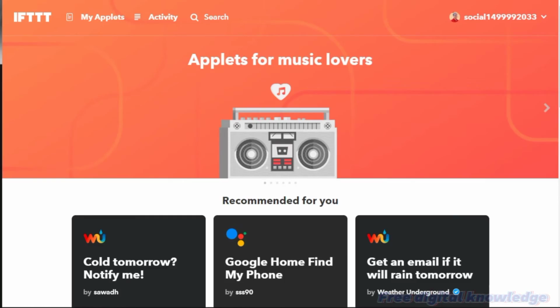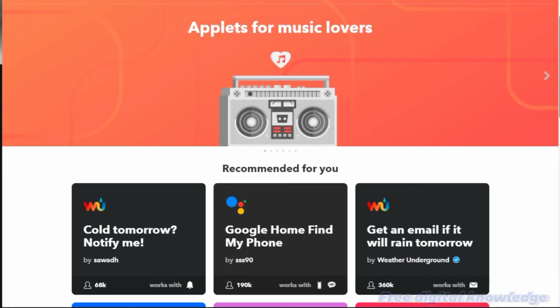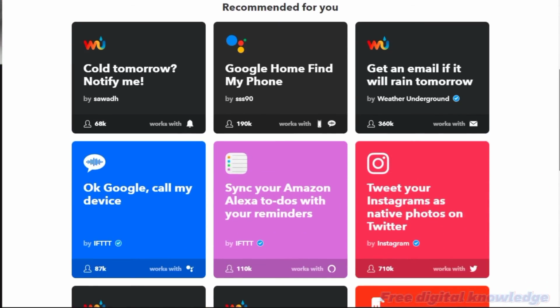Okay, so if you head on over to ifttt.com, you'll see this page. You can go ahead and create an account, and you'll find a lot of really cool, interesting triggers, is what we call them, in IFTTT. So what a trigger is: let's say you upload a YouTube video, and then the system detects that the video has been uploaded. What do you want to happen after that happens?